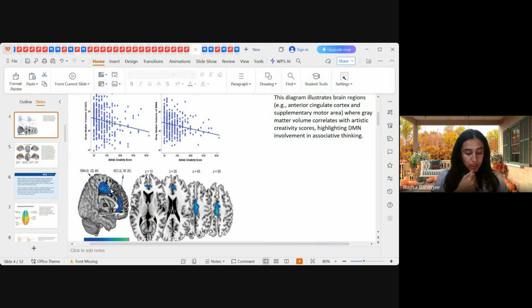without external constraints. For instance, during mind wandering, the default mode network enables the passive recombination of ideas, leading to novel representational configurations. So, it is crucial for divergent thinking in creativity, where broad, unstructured ideation precedes focused, refined work, okay, refined thought, because you are actually connecting different kinds of